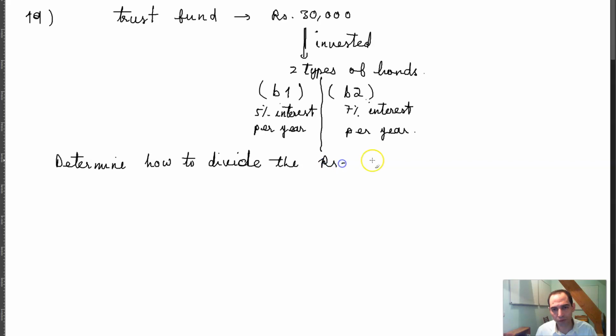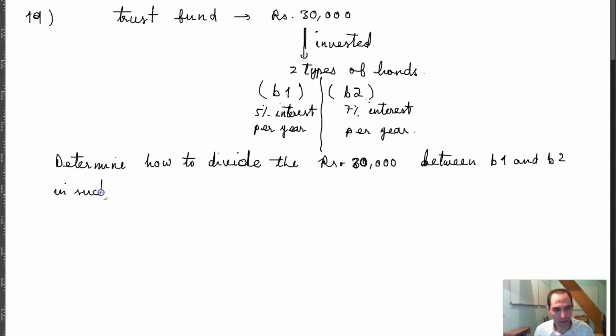Actually, 30,000 rupees is not even that much money, so you could hope to get at most 1800 rupees or so using that money. So we want to determine how to divide the 30,000 rupees between B1 and B2